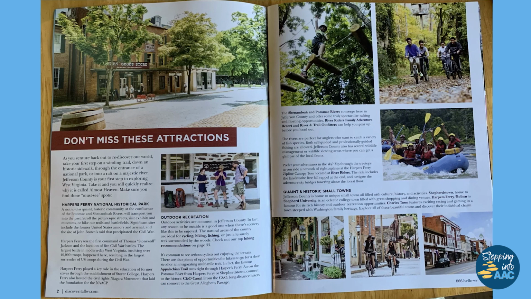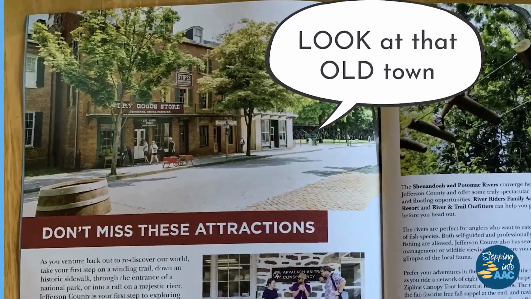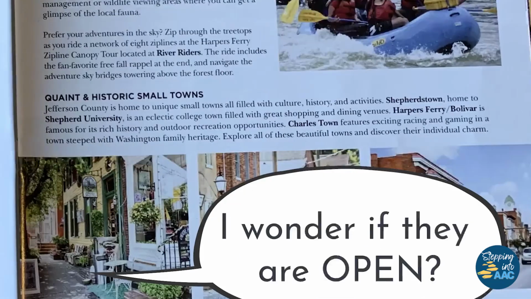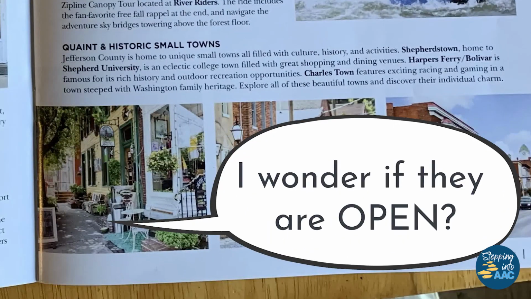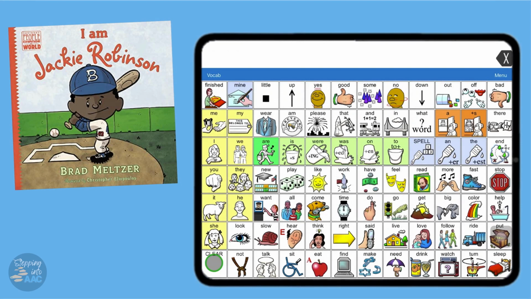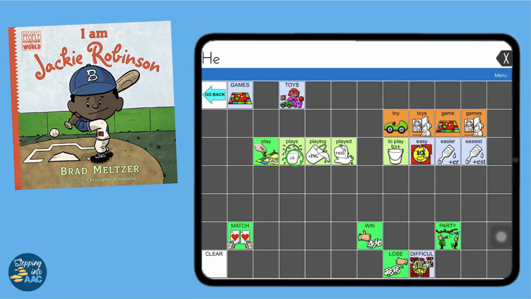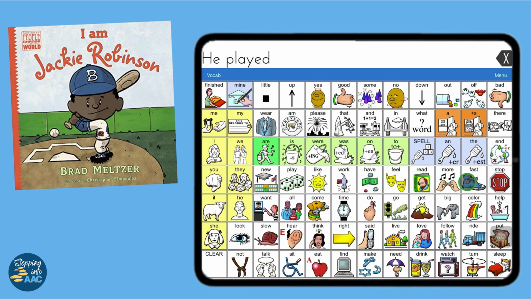And similar to picture books, you may or may not read the words. Use AAC to comment, share an opinion, ask questions to show your curiosity, and generally notice things aloud. In the book I Am Jackie Robinson from the I Am series, you can model AAC by saying he played